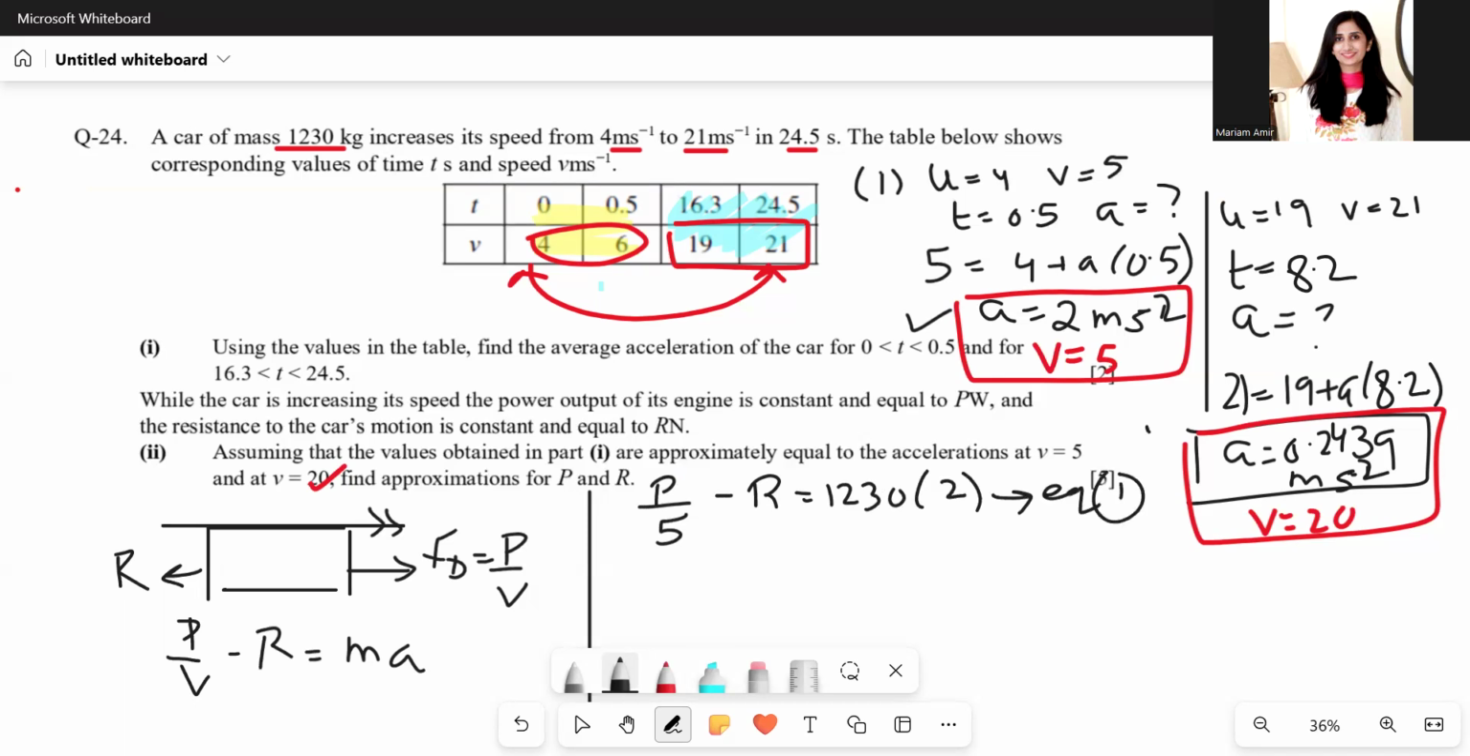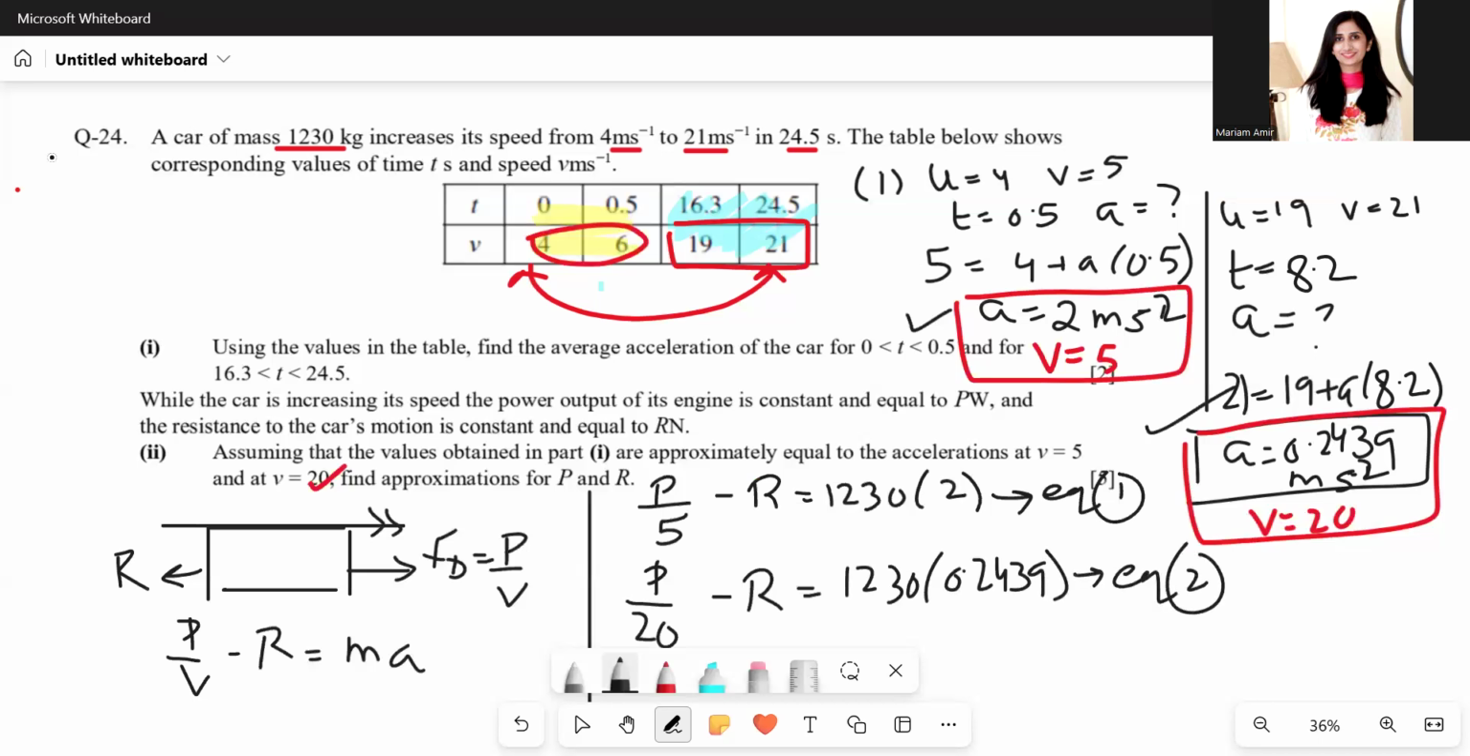Do the same for this pair. P upon V minus backward force, which is R, is equals to M times A. A is 0.2439. This would be equation 2. You will solve these two simultaneously and get the value of P and R, which would come out to be